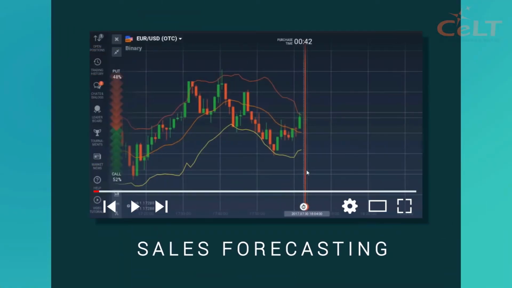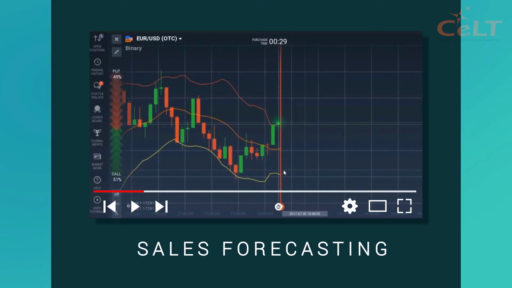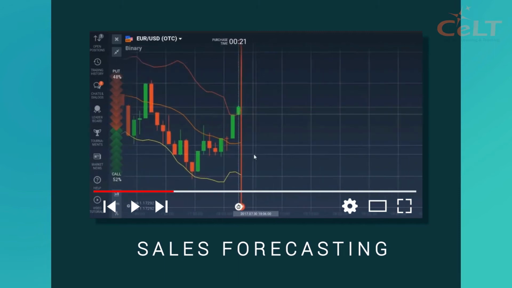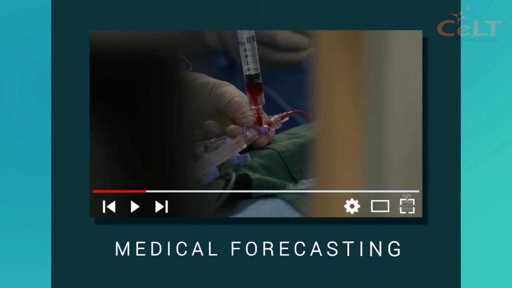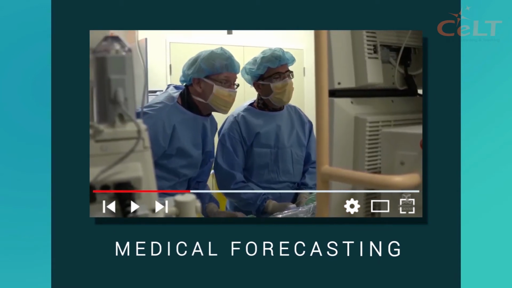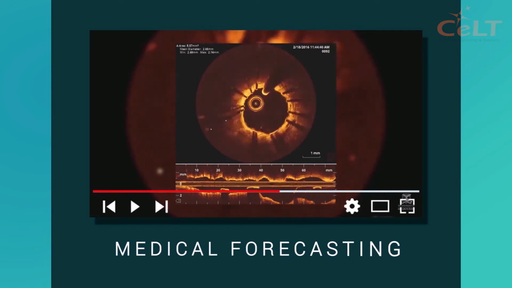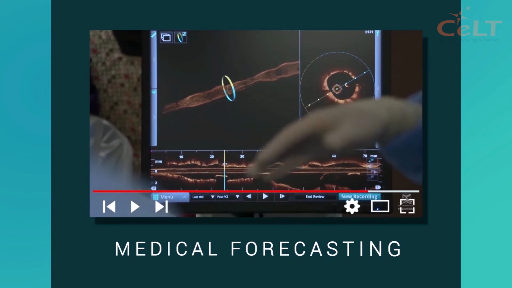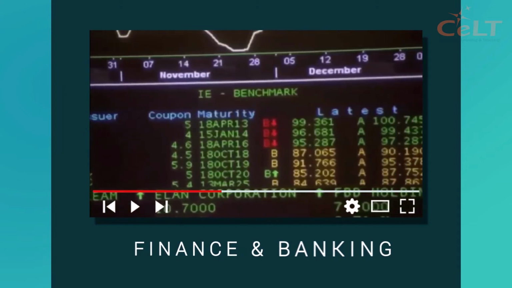Probability is used to forecast future levels of sales for a business. This helps the company better plan for hiring employees, making inventory purchases, considering expansions, and making similar management decisions. And also, for medical forecasting, doctors predict the chance of a patient surviving a certain operation. This is an example of life prediction. And there are many more applications in real life.